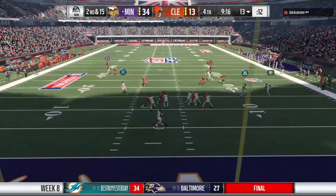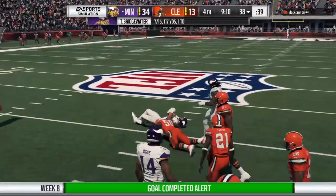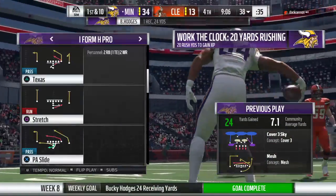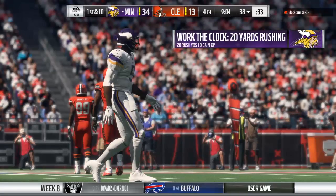Bridgewater. Got his man complete over the middle. That's Hodges. And he's brought down after a good gain. That one goes for 24 yards. They have the nice cushion. They just want to pour it on right now, still throwing the